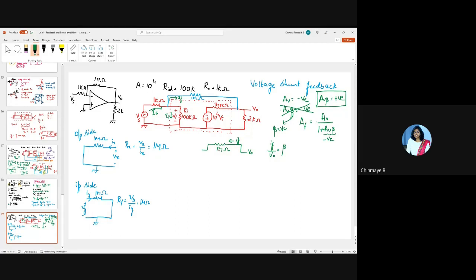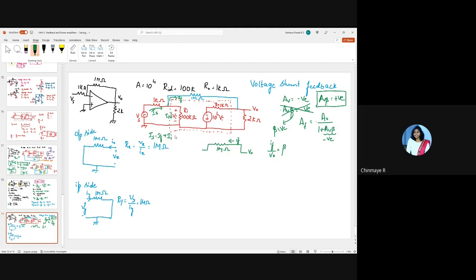We're just trying to compare these two circuits. In the actual circuit, you have some current Is flowing. Since this is a voltage shunt, you're feeding back current, which means you should be able to express Is equal to IF plus II. There's a current Is here, which splits into two: a part of it is flowing up and a part of it is flowing through Ri. Therefore, I can write Is is equal to IF plus II.